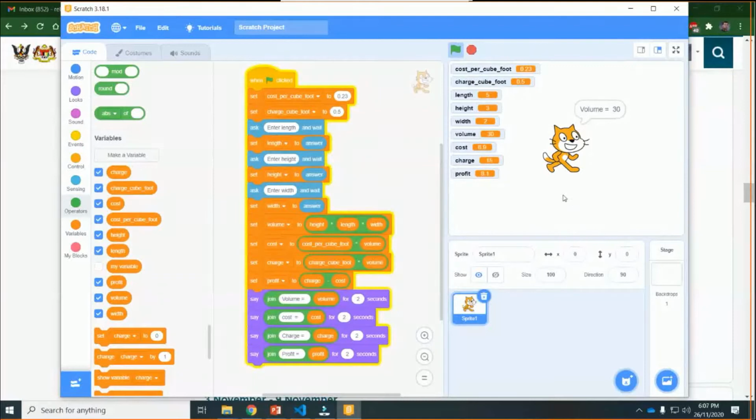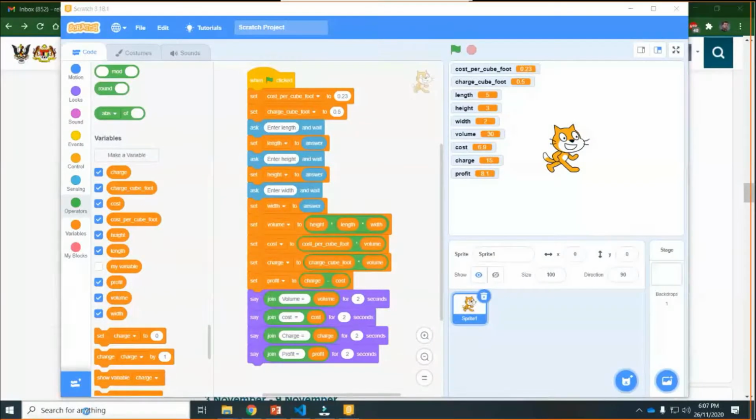You see it's saying charge is this, cost is this, and profit is this. Did you get it? You see volume is 30. Is it true? 5 multiplied by 3 is 15. 15 times 2 is 30.